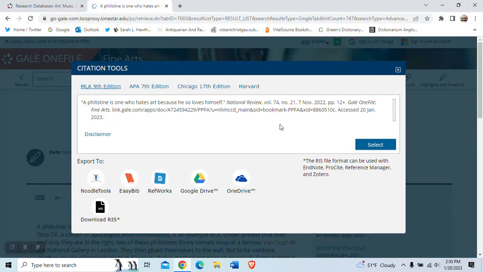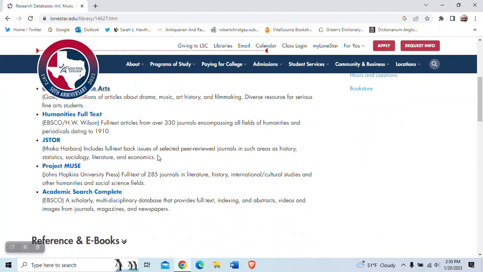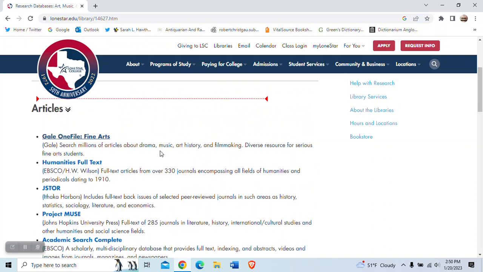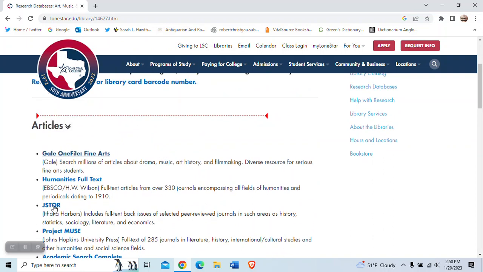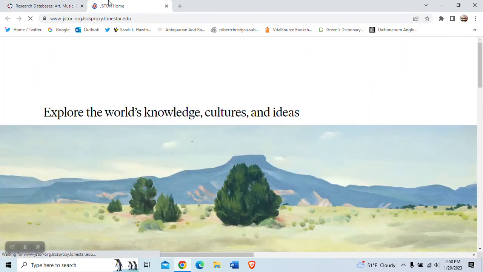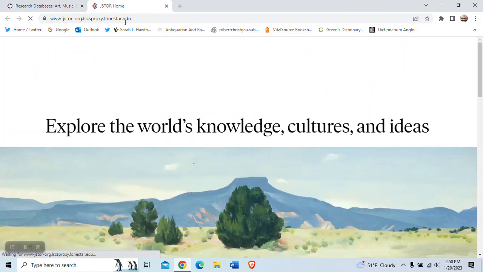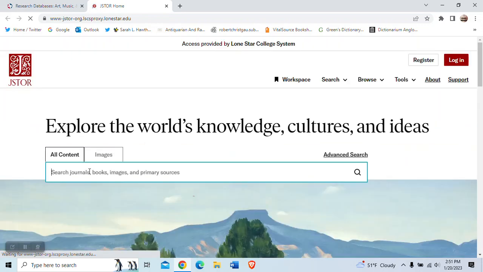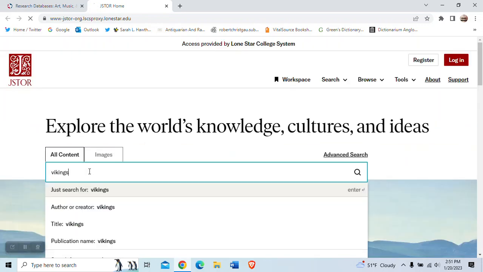Most databases these days provide citations of articles for you. JSTOR, for example, JSTOR is one of our major databases. It has millions of articles on a wide range of subjects. If I just type in a subject to search for, and it gives me a basic article,